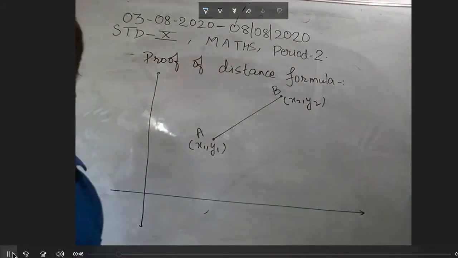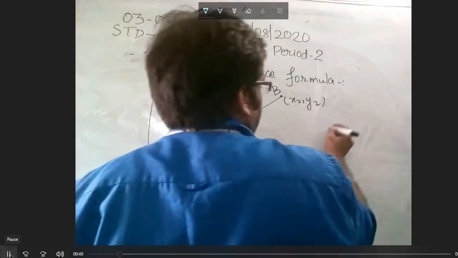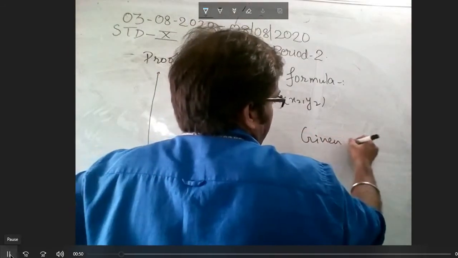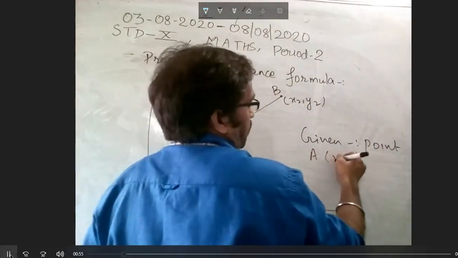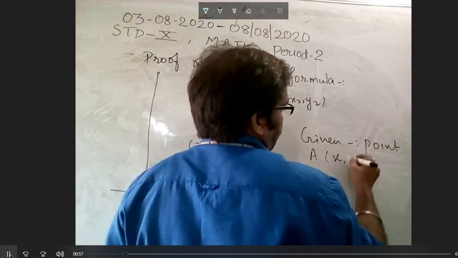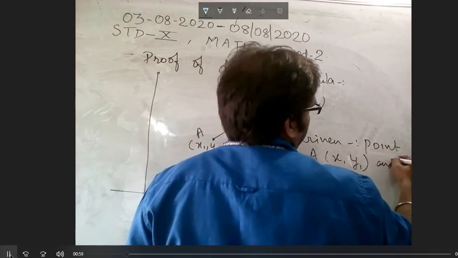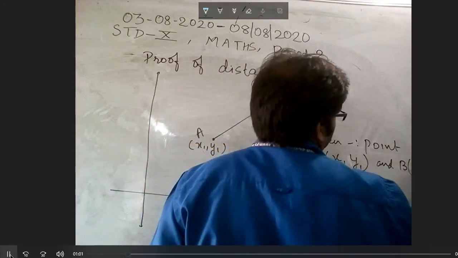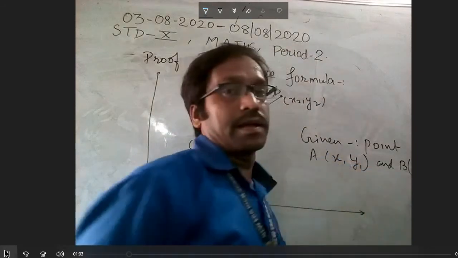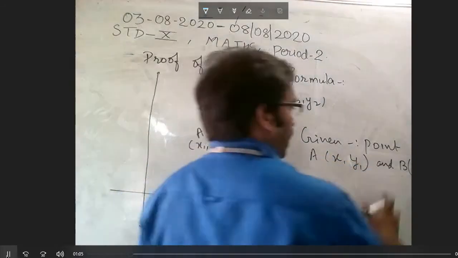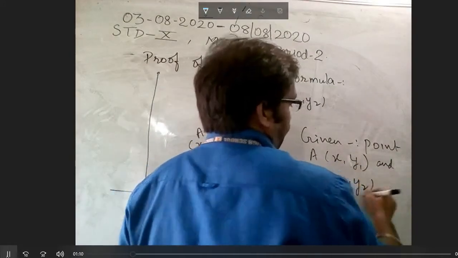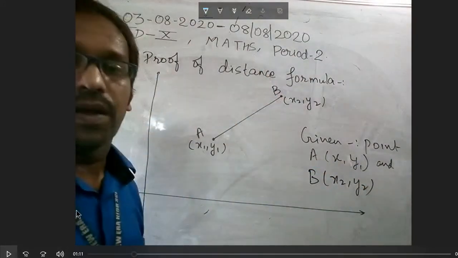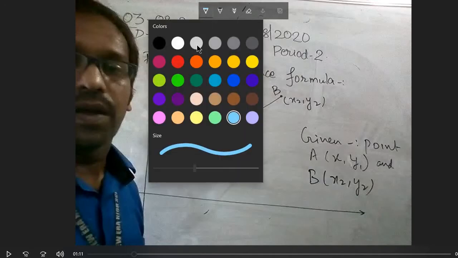Here one thing I would like to say. So first of all we'll write what is given there. Given are 2 points A and B along with their coordinates x1 and y1, x2 and y2. Okay. What is x1 and what is y1, what is x2 and what is y2, that also we should know. So now see, this point is x1. So one thing let me be very clear here,